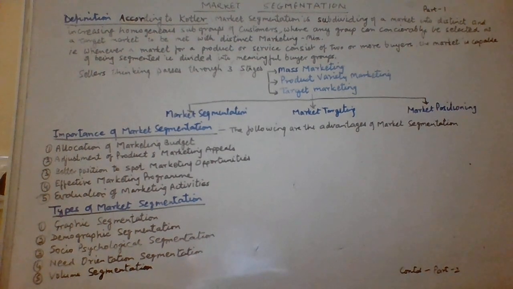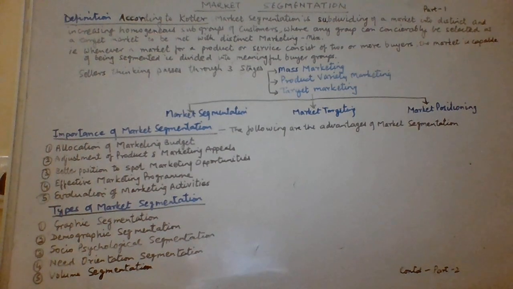In continuation, it is better positioned to spot marketing opportunities. Now, when we divide and subdivide, that means marketing opportunities to sell the product, opportunities to understand a particular group, opportunities to adjust, as I said, the budget, to adjust the advertising and promotional aspects. So it helps in catering to those opportunities, and to learn about the threats as well of a particular segment. When I discuss being in a better position to spot marketing opportunities, the producer can therefore have a fair estimate of the volume of his sales and the possibilities of furthering his sales.